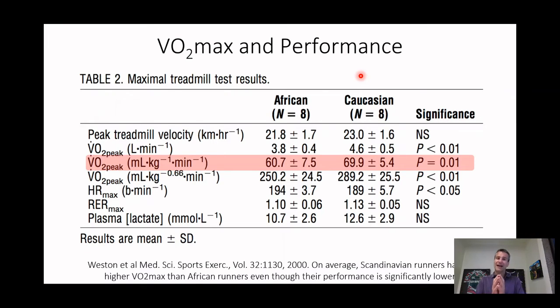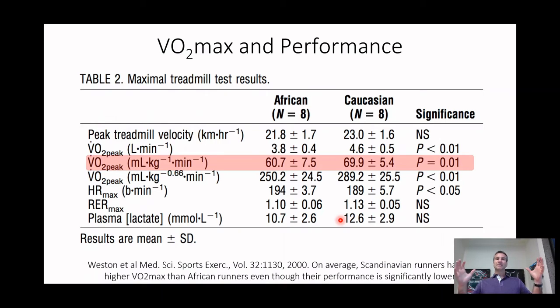And when you think about it, what drives a big, high VO2 max is that you have to be using your muscle, and you have to be using it aerobically. What these Scandinavian athletes are doing is, in the off season, it snows. And when it snows and you've got these big open spaces, you go out and you do Nordic skiing. So now when they're training in the winter, they're using their legs like they're going to do when they go back to running, but they're also using their arms and their upper body and their back, so they have a bigger muscle mass.